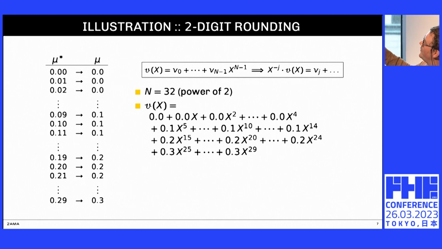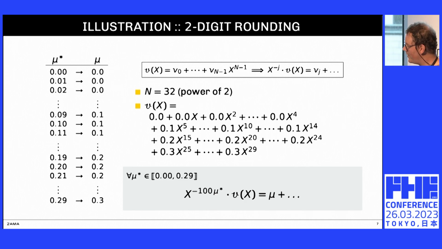And so the way to choose those coefficients here, for example, you start with this one, so degree 0, and the rounded value is just 0.0. So you put that value here, then you continue with the next one, so you put 0.0, and you continue. For this one, 10, the rounded value is 0.1, so you put 0.1 over here. So you have that polynomial, and what you have to do is just to round, you just evaluate that value,